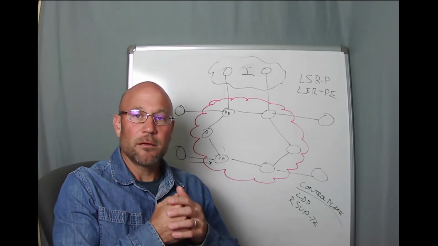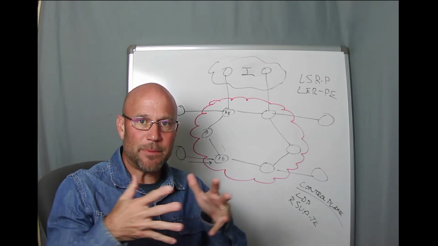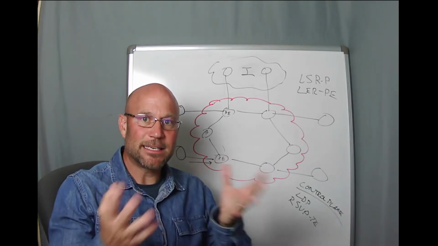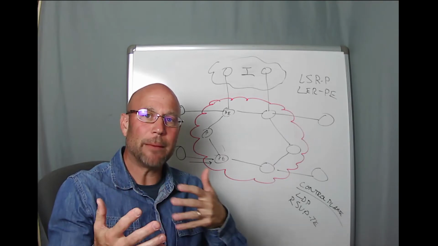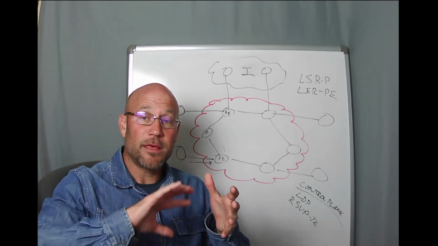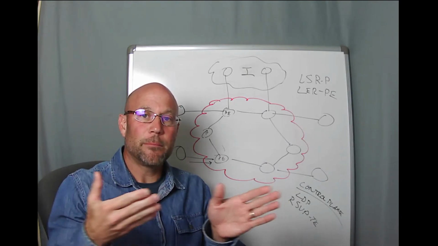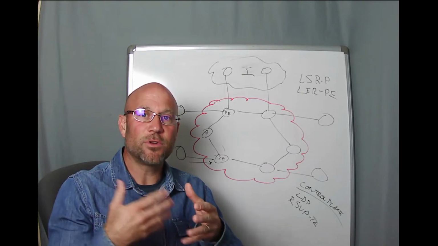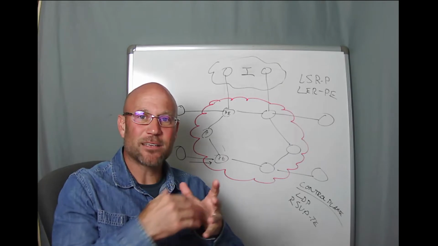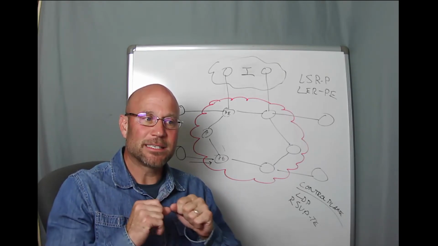So LDP looks at the entire routing table, assigns labels to every IP version 4 subnet, and then sends out that information. It's called a mapping, an address mapping. And the IP version 4 routes in your routing table mapped to labels is known as a forward equivalence class, a FEC. So LDP takes all those, creates forward equivalence classes for them, and sends them out to all